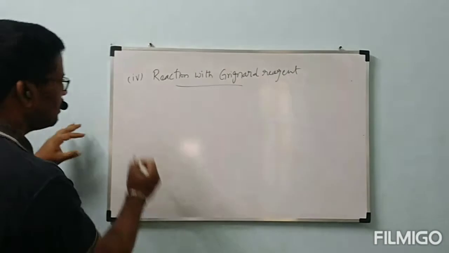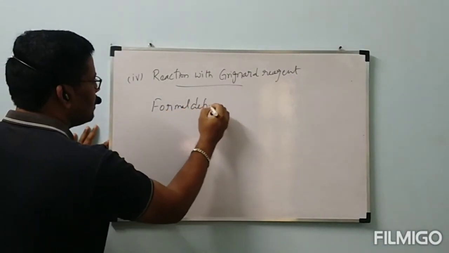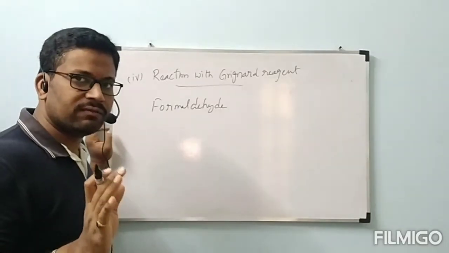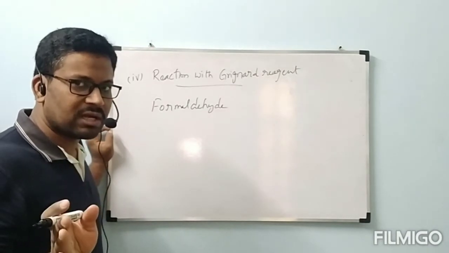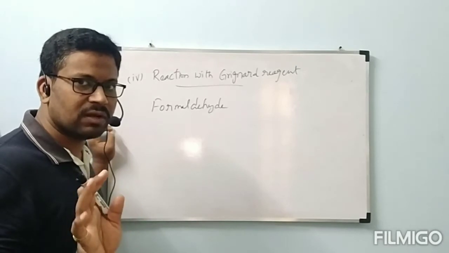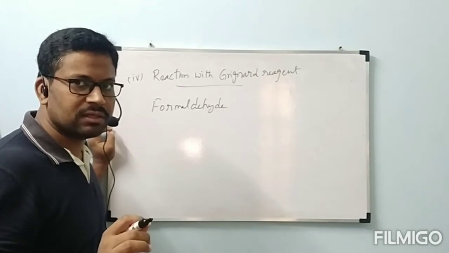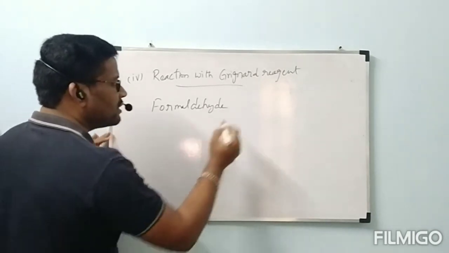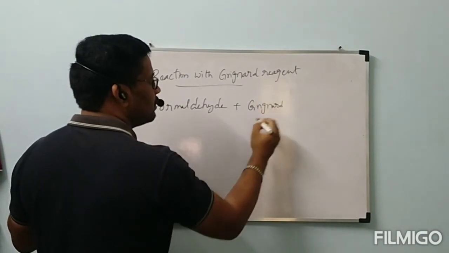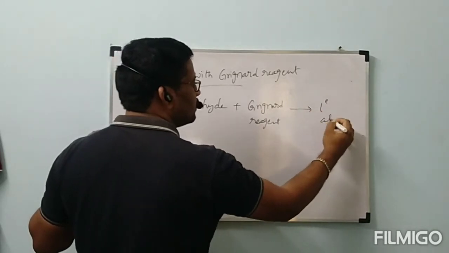Now, formaldehyde. How this reaction undergoes its mechanism, everything we have seen already. Please go through the preparation of alcohols. Even if you have a little doubt, just ask me, I will write on paper and send it to you, or otherwise in the next class I will explain. Is it okay? Please give me a response regarding this reaction. Formaldehyde plus Grignard reagent, we will get primary alcohol.